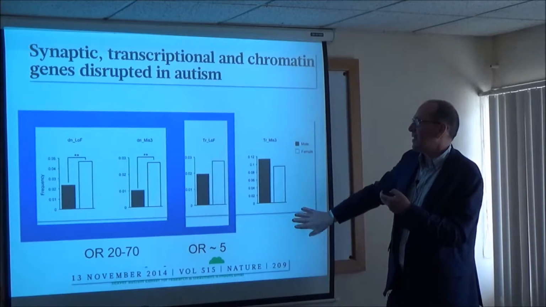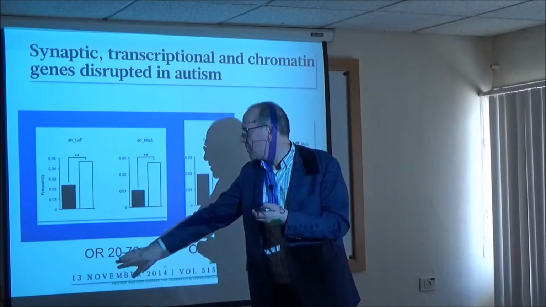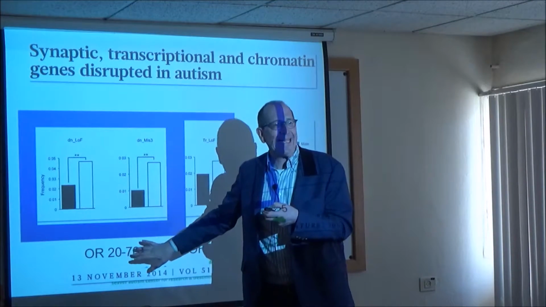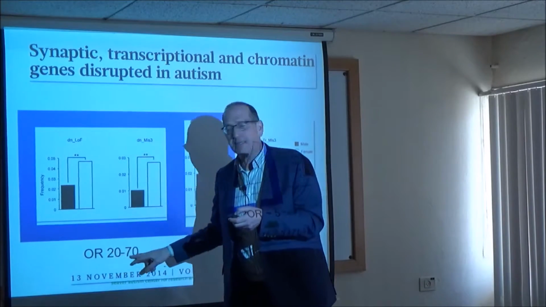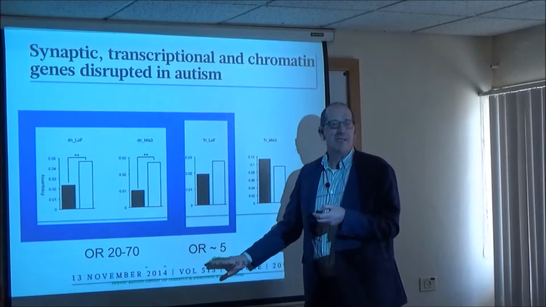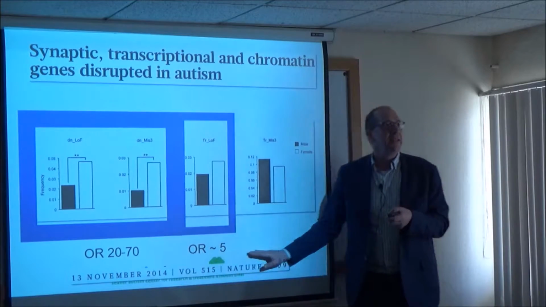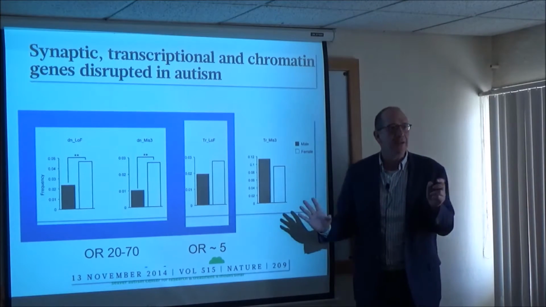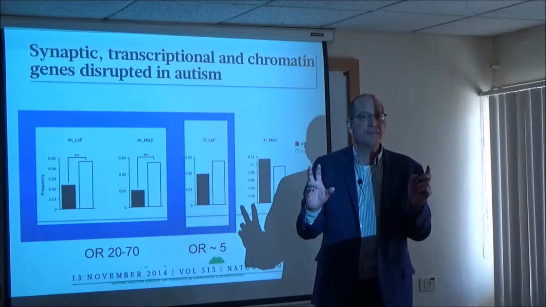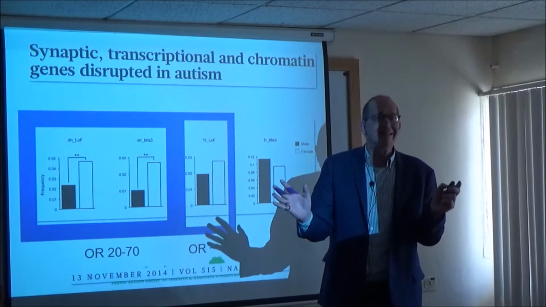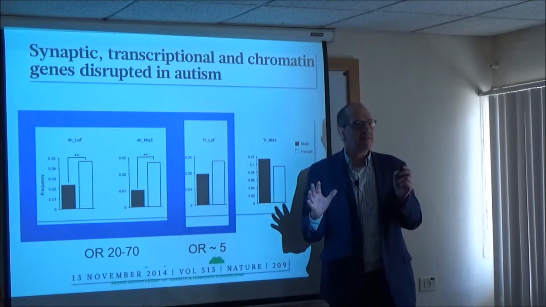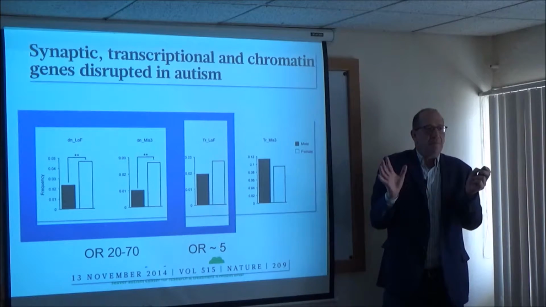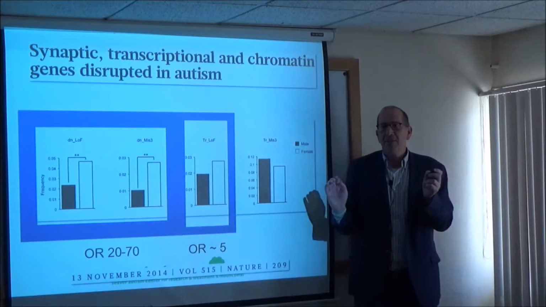This is what I meant by the odds ratios. The top genes have an odds ratio of maximally about 80, which is effectively Mendelian, between 20 and 80. But very quickly, we come down to odds ratios of 5 and lower. So the number of genes that are Mendelian in autism is a couple of dozen. Okay? So all the big genes, at least on the autosome, we've already found, because there aren't too many of them. X chromosome, give us some time.